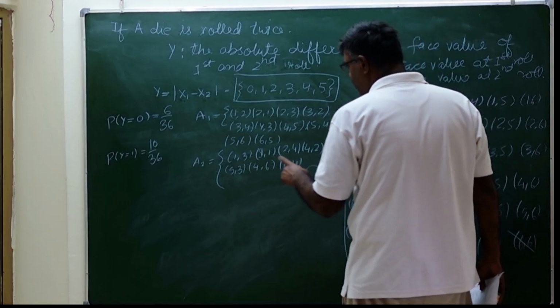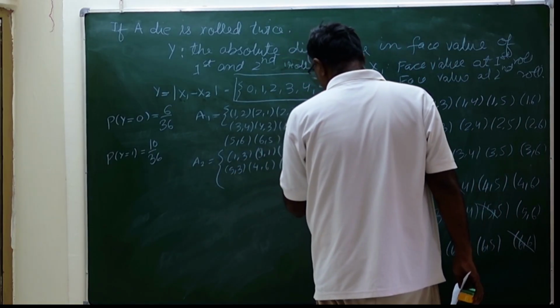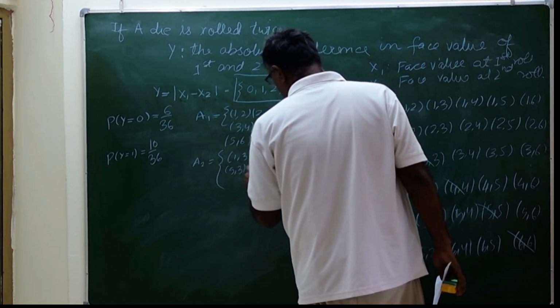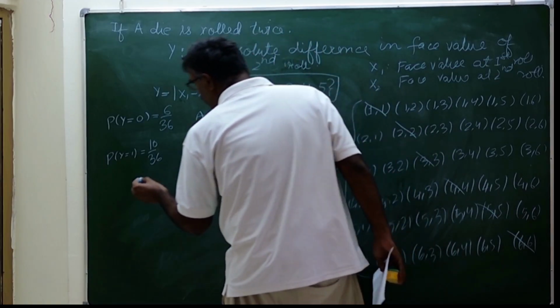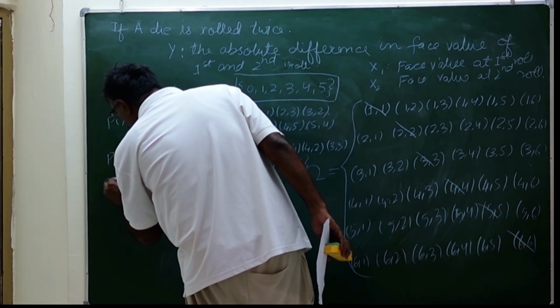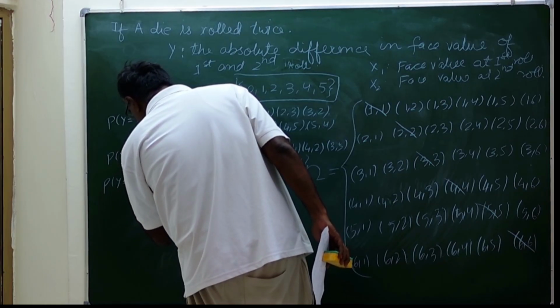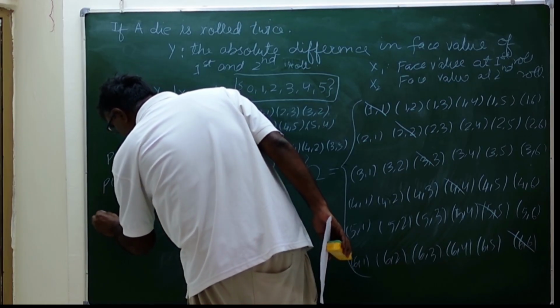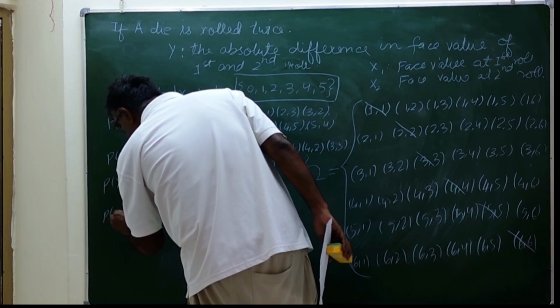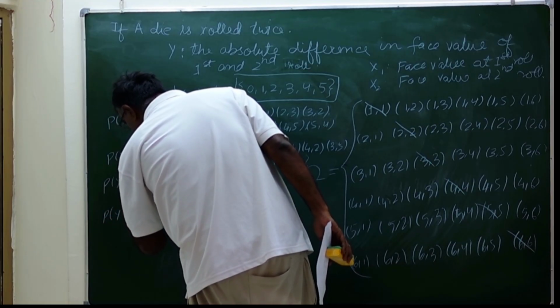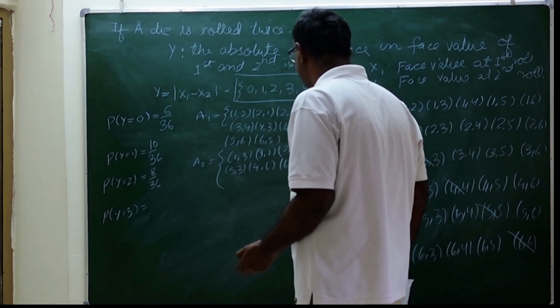So how many sample points are there? 1, 2, 3, 4, 5, 6, 7, 8. So probability of y is equal to 2 is 8 by 36. Now probability of y is equal to 3. So we see what is the difference between,